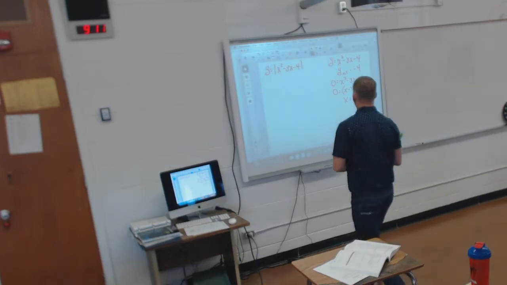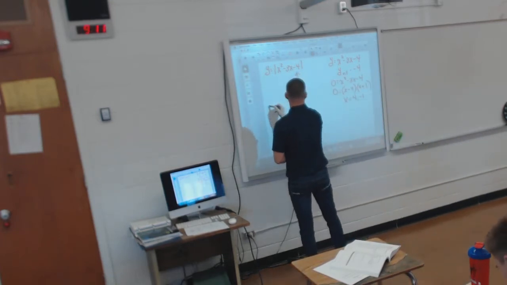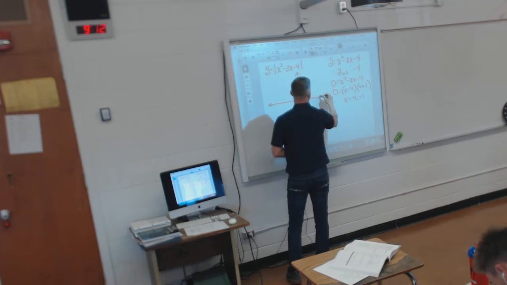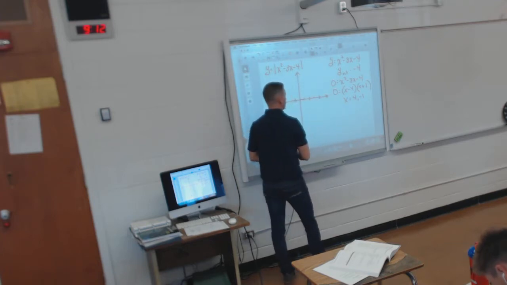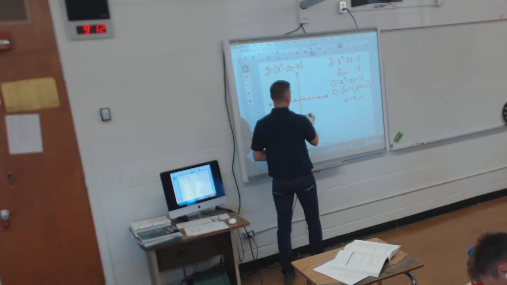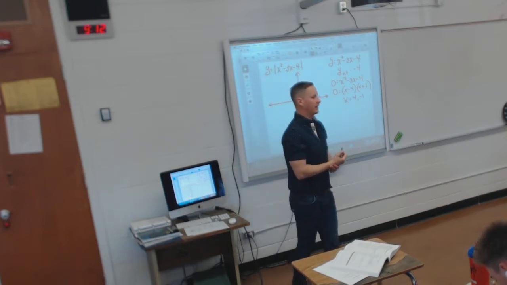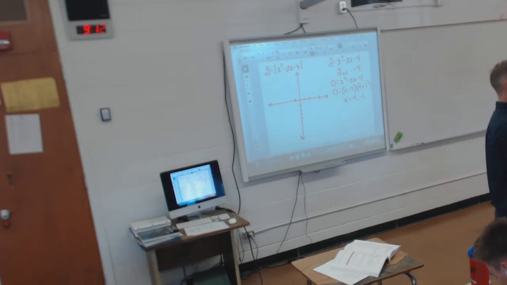Now, if I were to graph this, okay, my x-intercepts, 1, 2, 3, and 4. One is right there. The other one is right here. My y-intercept is 0 and -4, which is down here. That still doesn't really help me. So, thinking back to when we did quadratic equations, and we used the root method,